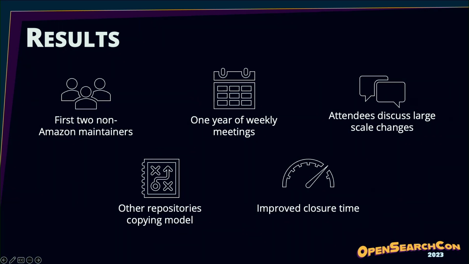Now that I've talked about some of the more abstract takeaways, I want to begin wrapping things up by talking about some specific results. The first and perhaps most exciting is that since the implementation of the open triaging process, where we had 6 Amazon affiliated security plugin maintainers, we've had the honor of introducing 2 Ivan affiliated maintainers to the security plugin. These 2 contributors made consistent impact in both their code and their commitment to showing up to these meetings. They provided valuable insight in their participation and providing additional details on any issues or pull requests that they knew about.